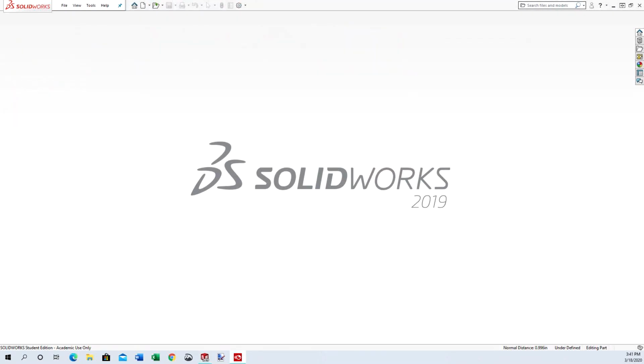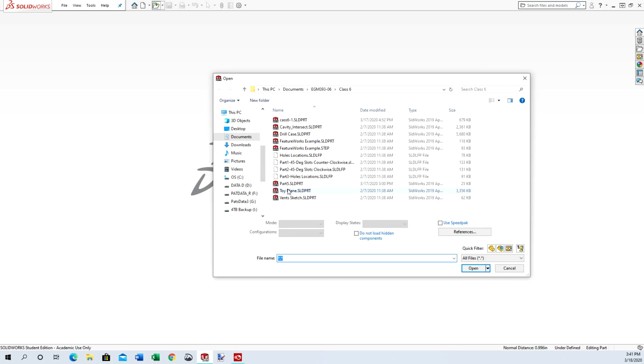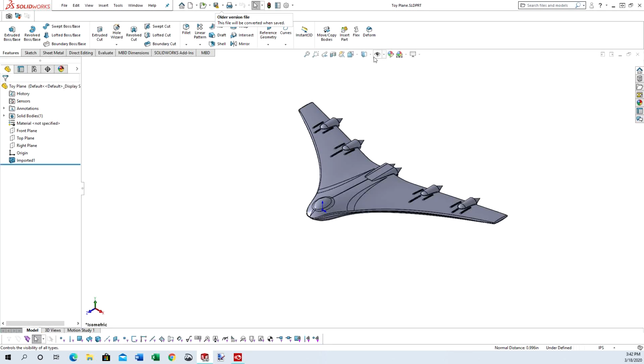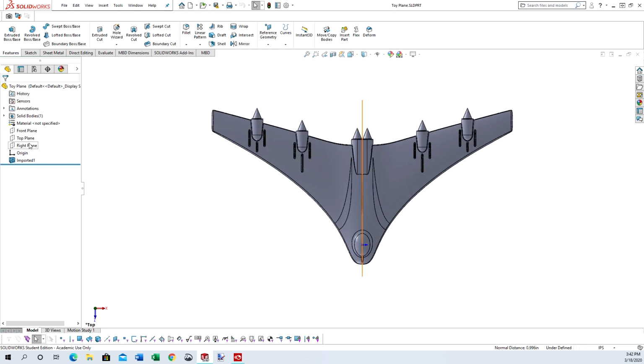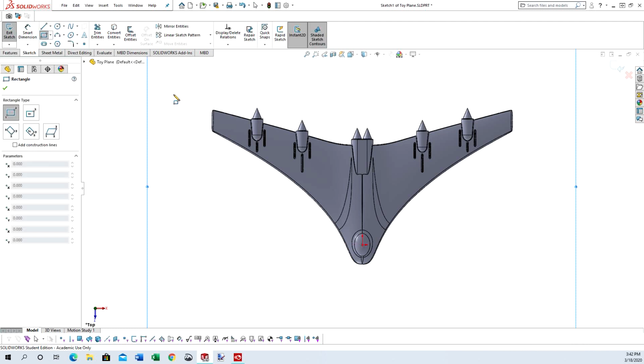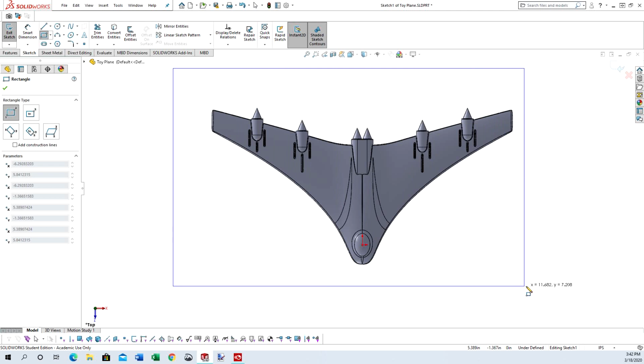The next exercise will be creating a mold, a complete mold of a toy plane. Let's load the plane file called toy plane. And why don't we look at it from the top view. And what we'll do is we'll select the top plane, create a new sketch, do a 2-point rectangle, and draw a